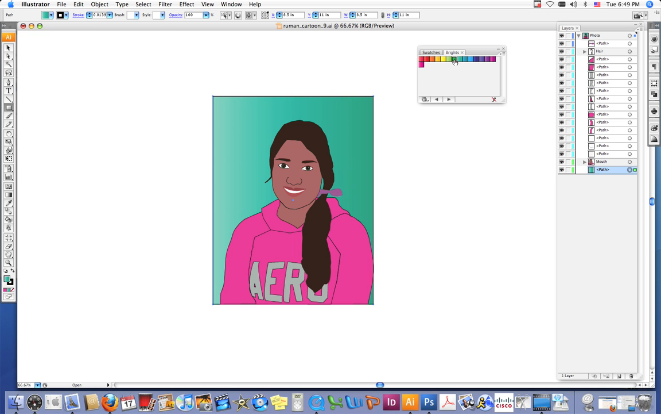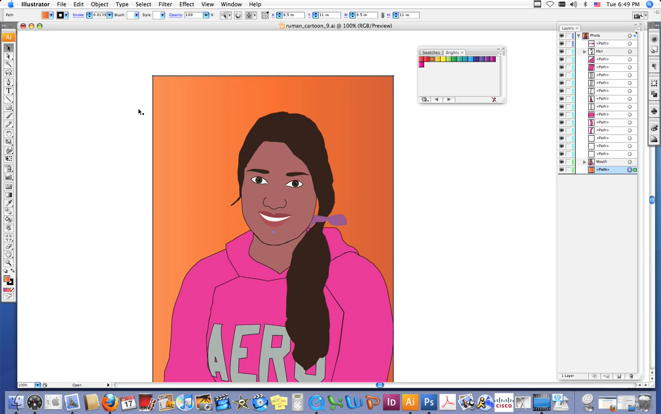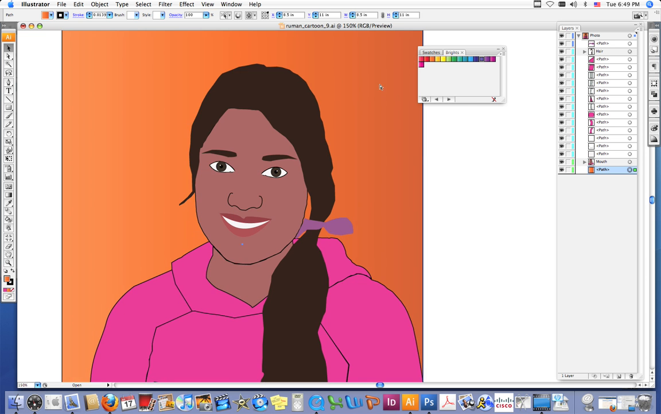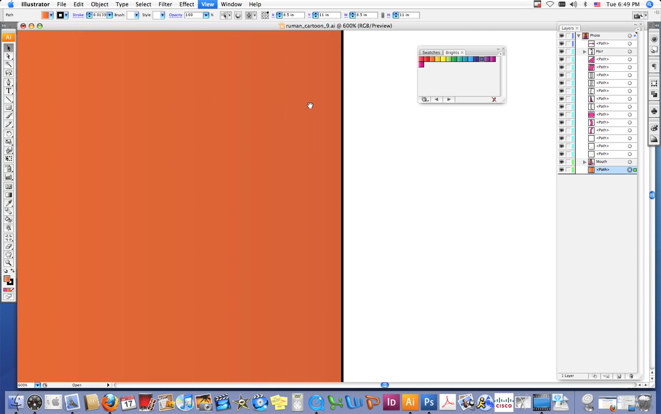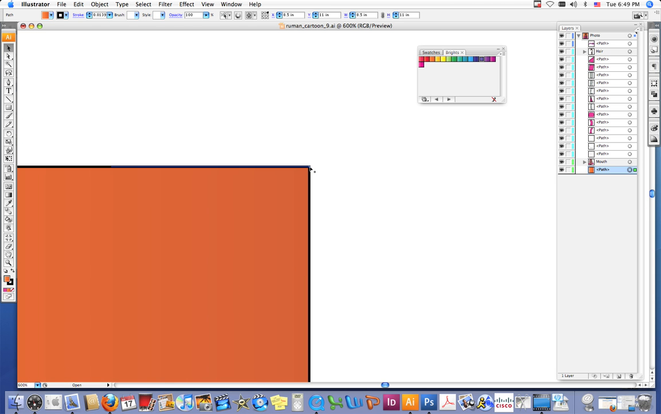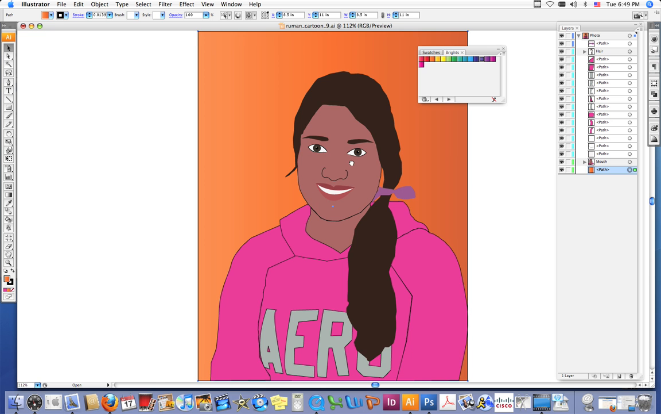Now, when you're clicking through to pick the one you like, make sure that you have selected your rectangle. If the rectangle is not selected, nothing is going to happen when you click on your gradients. You're just going to be clicking. You have to make sure that you've selected your square, your rectangle for your background. And you'll know you did because you will see that little blue line. That means you've selected your